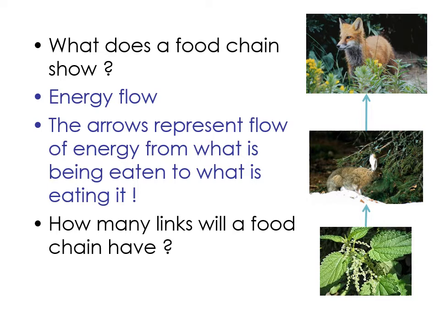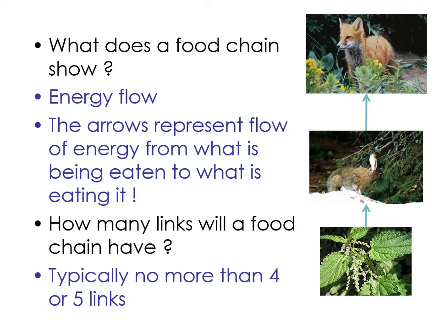So it's not going to be very many links, okay? It depends on the ecosystem. Typically no more than 4. Sometimes you can have up to 5. They tend to be aquatic systems where the producer species is an algal population, and the algae, because they float on the surface of the water, have a massive surface area for trapping light, and so a really big biomass. So in those ecosystems, because there's so much energy input, you can get slightly longer food chains.